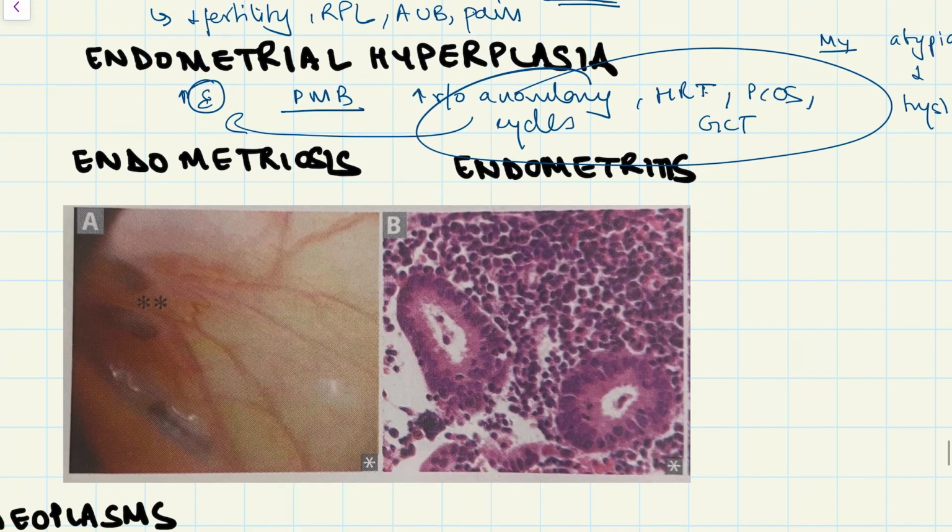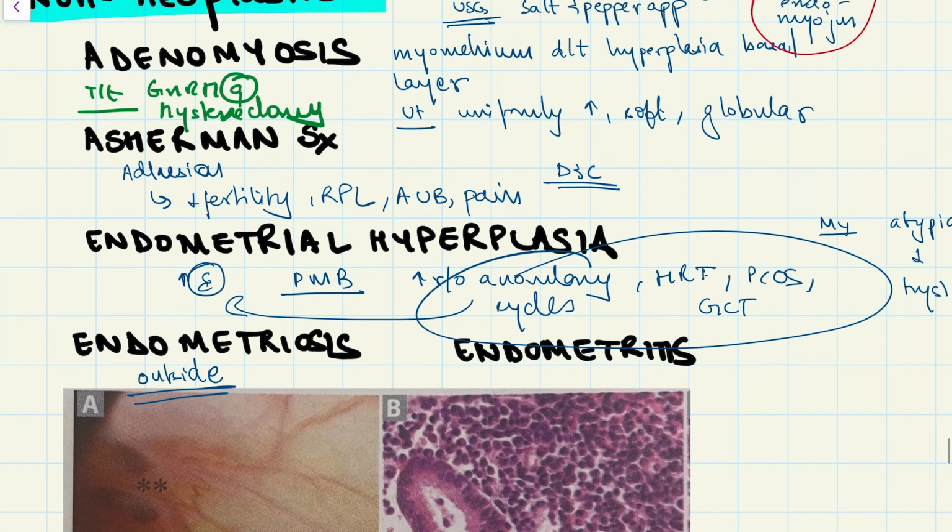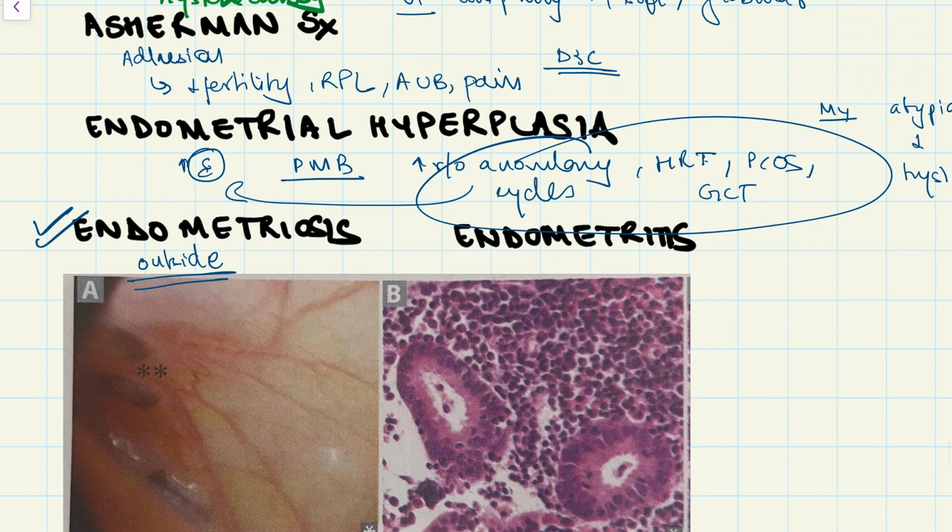Yeah. So what happens is that the endometrial glands or stroma are present outside the endometrial cavity, right? If it is present in the myometrium, then it is called adenomyosis, while if it is present outside the uterus, it is called endometriosis. The most common site for endometriosis is the ovary, followed by the pelvis, then the peritoneum, right? It is characterized by yellow-brown powder burn lesions. In the ovary, it appears as an endometrioma, which is nothing but blood-filled chocolate cysts,